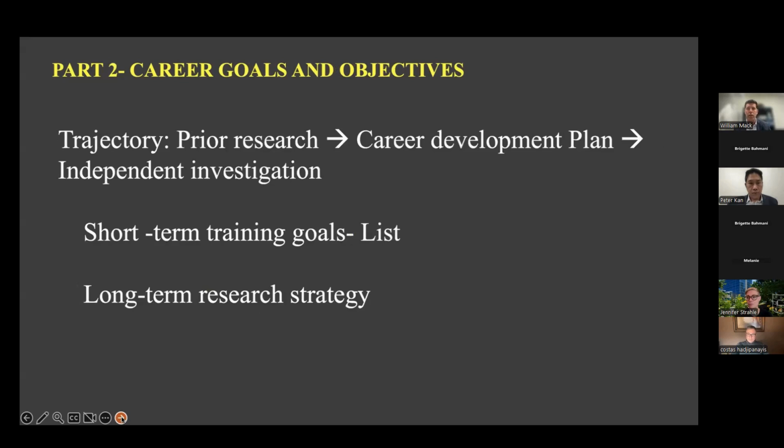The second part is where I think one would lay out their career development trajectory in terms of their long-term training goals and their short-term training goals and their long-term research strategy. So when I advise on this or when I think about it, you put forth the gaps first. What gaps do you have in your knowledge? And what are going to be your training goals? How are you going to fill those gaps? How's that going to get you to independence? So you work through a gap and a training goal, and those should match up somewhat with the aims that you put forth in your grant.